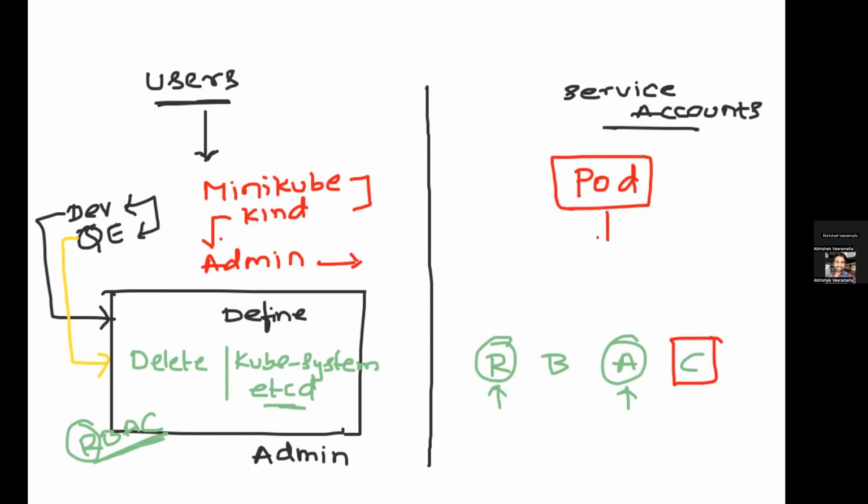Now, what access does this pod need to have on the Kubernetes cluster? So should the pod be having access to config maps? Should this pod have access to secrets? Let's say as part of your application, you want to read a config map. As part of your application, you want to read a secret. As part of your application,